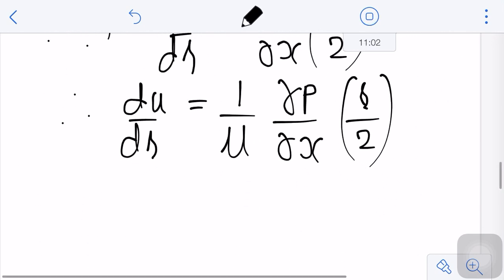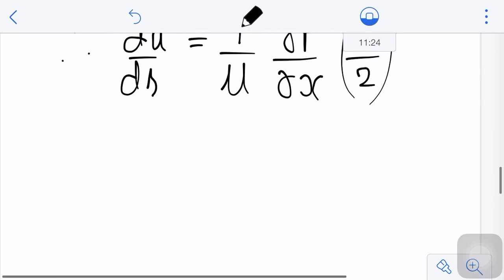Now, we want to get the velocity distribution, which is nothing but calculating the value of u. So, we can get this value by integrating this equation, and since curly p by curly x is not a function of small r, because we are going to integrate with respect to small r,